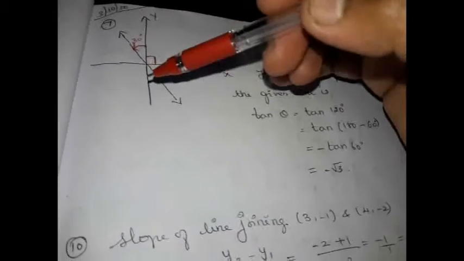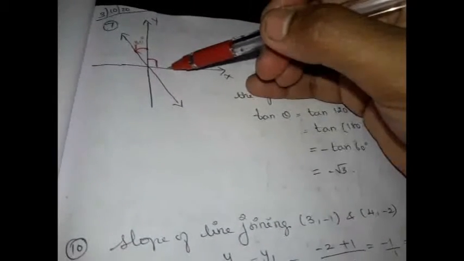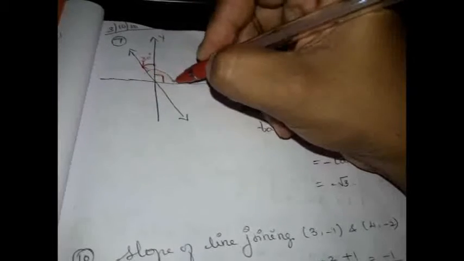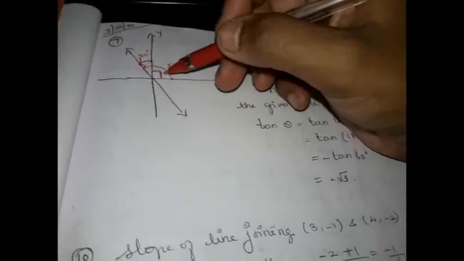The slope of the line is tan theta, and theta is the inclination made by the line with the x-axis measured in the anti-clockwise positive direction of x, right? So if this is going to be theta, we need this full angle. To find the slope, we need the inclination of the line with the x-axis in the positive direction and also in the anti-clockwise direction, right? So what is this full angle? In the question they have given only this angle, and we know this is 90 degrees. So this full angle is going to be 90 plus 30, which is 120 degree.